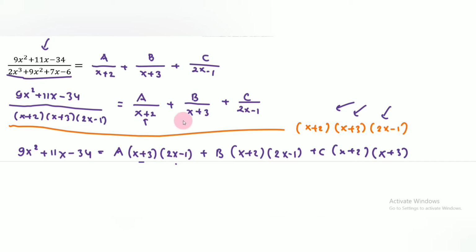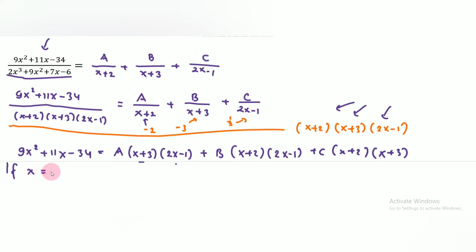After this, of course, let's just substitute x with the zeros. So we have 3 zeros, right? Let me just put them in order. From the first factor, the zero is -2. From the second factor, the zero is -3. From the last factor, the zero is half, right? So let me just put,